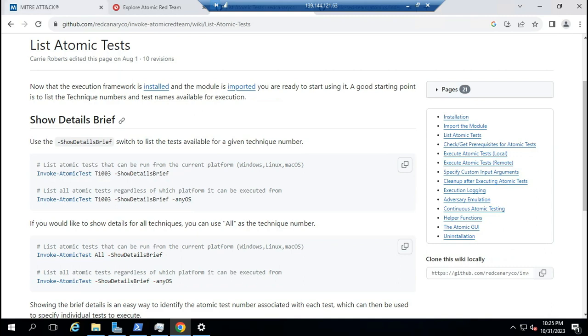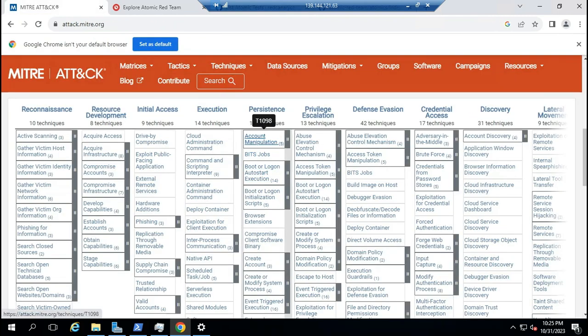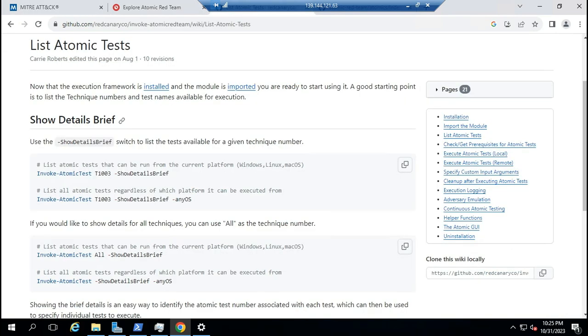So the T1003 or T1098 or etc. In here we can use this command to check, maybe it can run on the Windows platform, Linux or something, or maybe on any operating system, so like that.